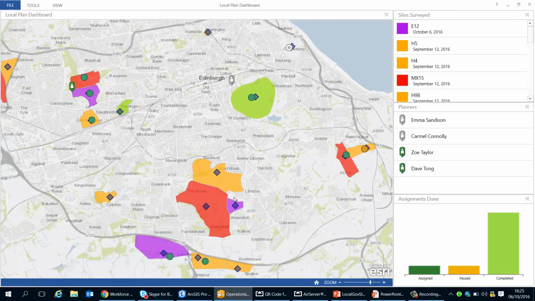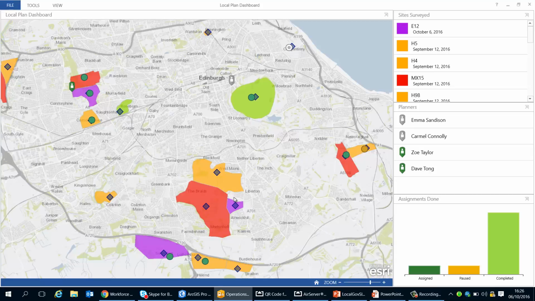Managers might also want to know what's going on and have an update on how everything is going. So for this, I've used Operations Dashboard. Operations Dashboard allows you to monitor and respond to events in real time. It uses responsive maps, and you can include dynamic and static data sources. In this case, all of my layers are dynamic data sources as they update in real time. Again, this is included in the ArcGIS subscription,